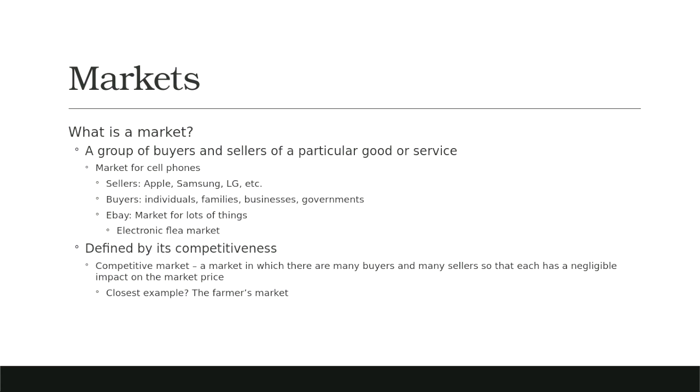So a competitive market, we say, is a market in which there are many buyers and many sellers. Each has a negligible impact on the market price. The closest example is the farmer's market. It's a perfect example here because, well, one, we're in Georgia. I don't know about you, but like a peanut's a peanut. If I went to a farmer's market, right, and there's 20 farmers selling peanuts, and one farmer comes up and goes, "Hey, man,